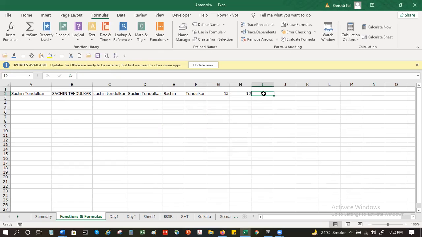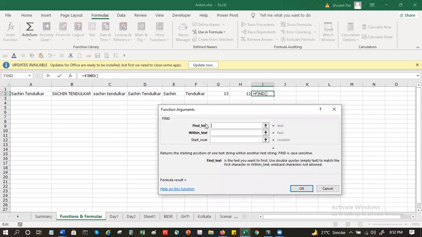Now, equal to find. Again, I'll open it. Find text. This time I will use space. So I'll put a space with my space bar and go to the next field.